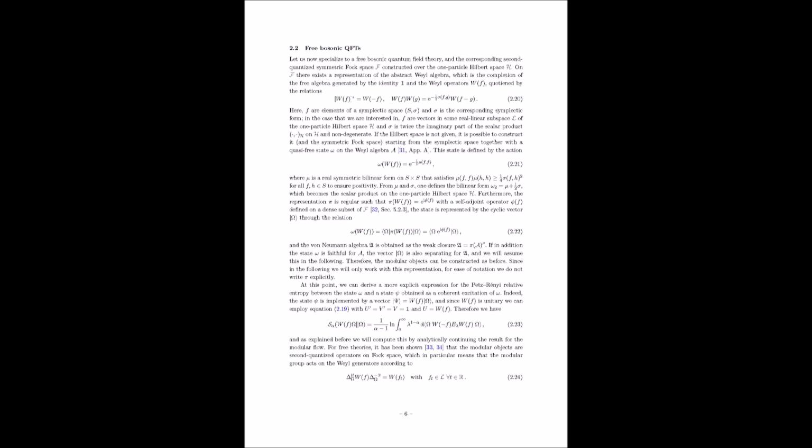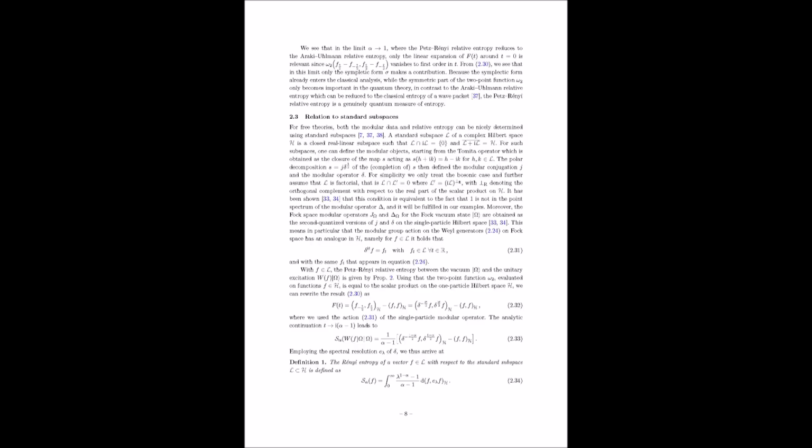Precisely. The paper provides a detailed justification for the contour deformation, ensuring that it doesn't change the value of the integral, while making it possible to extract the relevant information about the entropy. This is some pretty intricate mathematical maneuvering. It is. Could you walk us through the specific steps involved in deforming the contour and how it leads to the formula for the Petz-Rényi relative entropy?